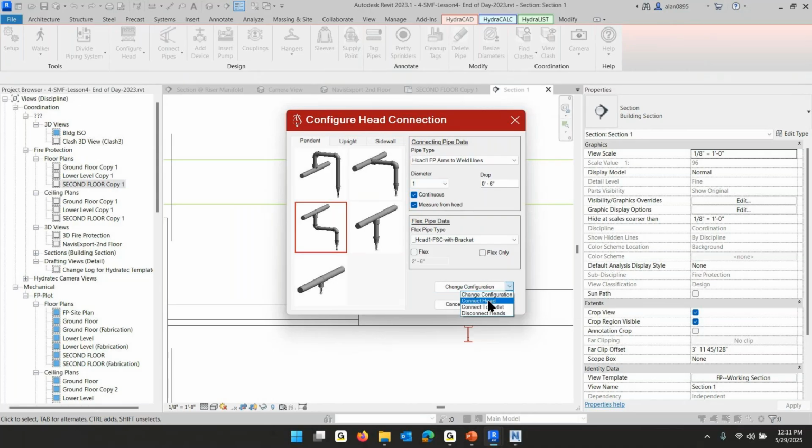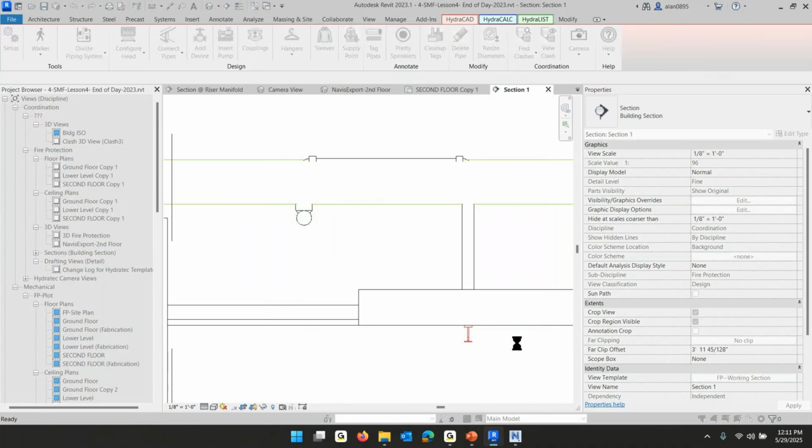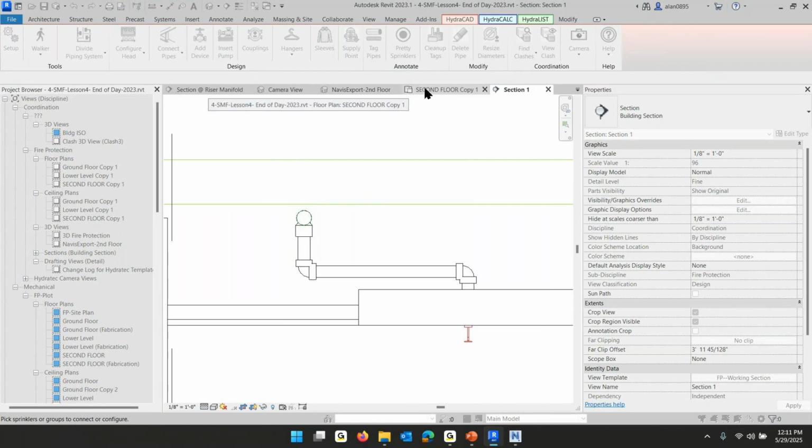It's already connected. I'm not going to disconnect head. I could, but instead I'm simply going to change the configuration of that head. And it goes down, over, and down instead of up, over, and down. And now we're not hitting that duct. And I'm pretty sure that